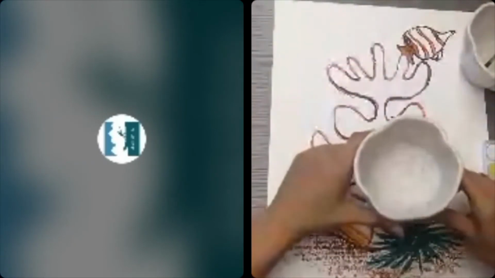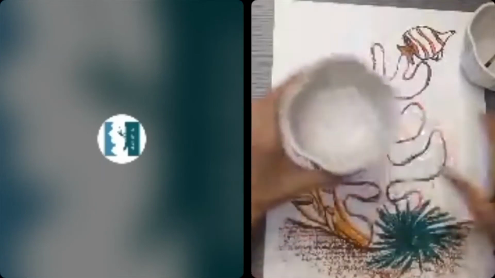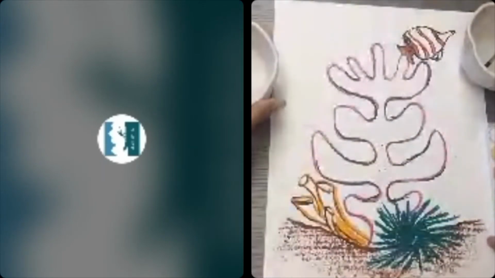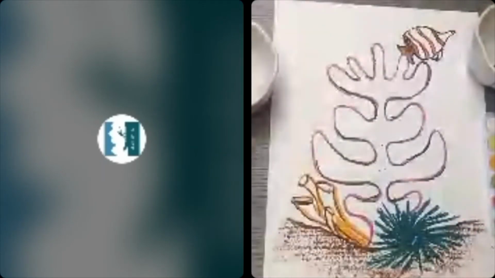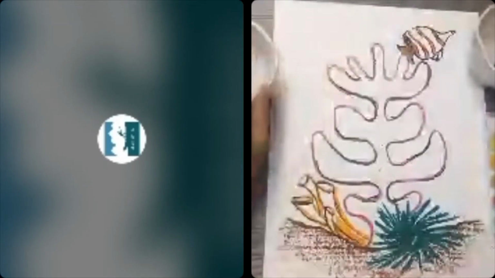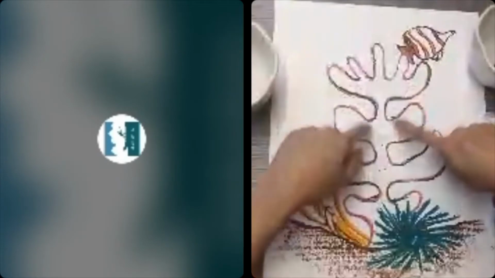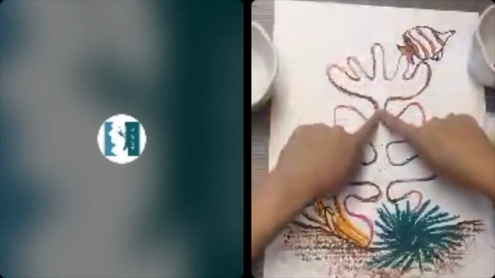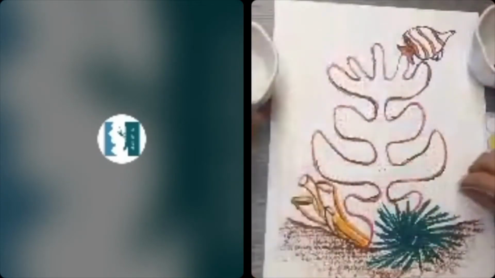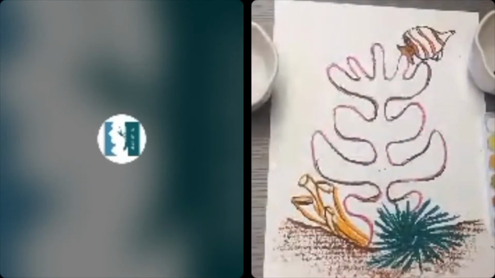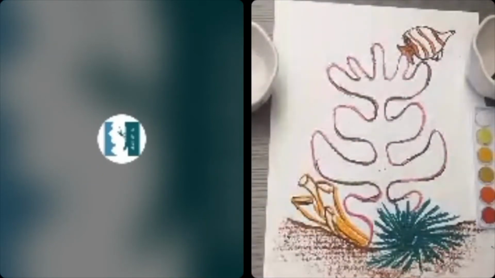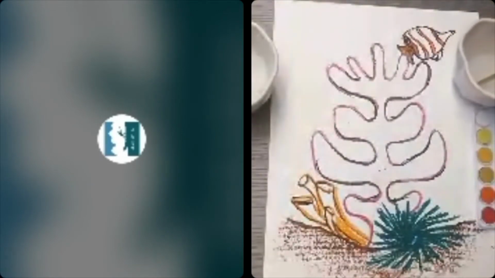This is what we're going to be using along with our painting. Okay, so the first thing that we're going to start with is the first thing that we drew and the first thing that we traced as well, which is the coral. You'll notice a lot of good space inside here to fill up with bright color. We're going to start with the wet on wet technique. It's also sometimes called the wet in wet technique. And you're going to first start by just using water.